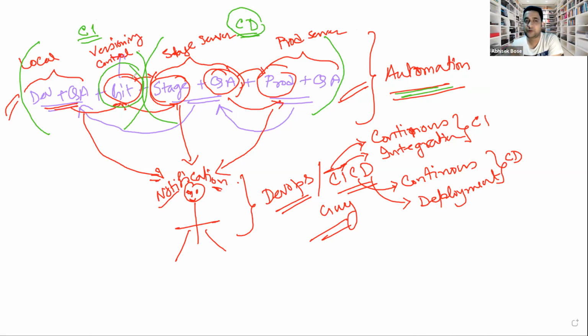As many times as you push your code to a particular branch, again I'm saying to a particular branch, not all branches. You can have 1 to n branches, correct? But maybe one branch is actually configured with this server. If a change happens in this particular branch, then only the deployment is going to happen. Otherwise, it will not happen. Clear? So this is basically DevOps and CI/CD.